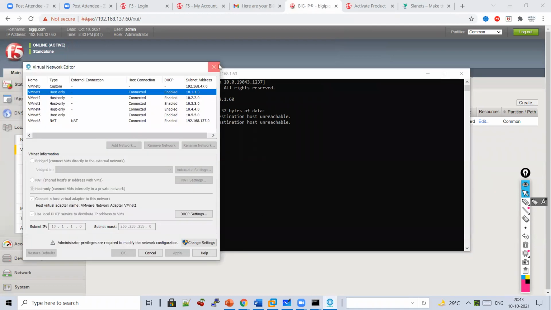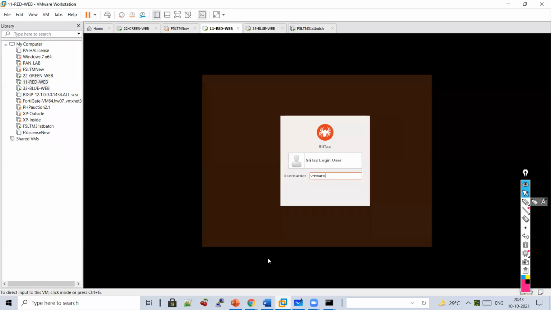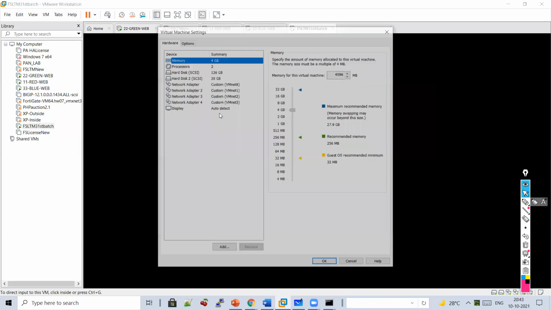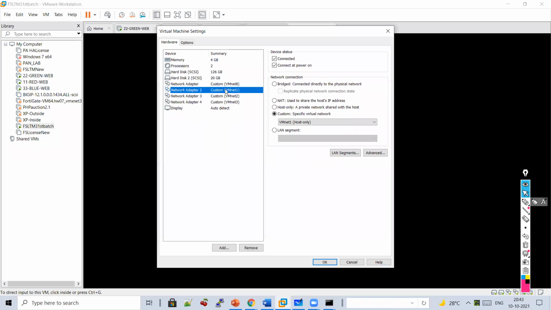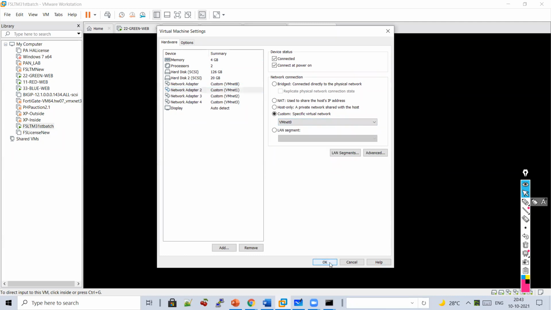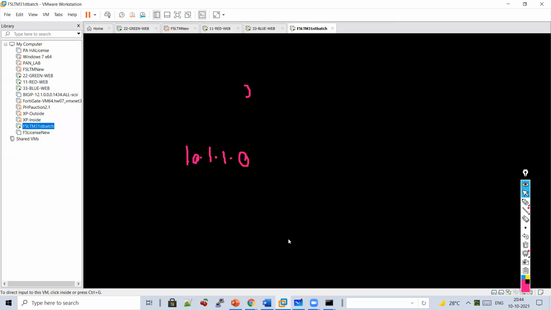Just hold on. VMnet 0, I'm just checking on F5. So this is troubleshooting; you can also face this issue. Yeah, did you get it? There is no VMnet 0. I have assigned the wrong VMnet. So I will assign VMnet 0, because my VMnet 1 is the 10.1.1.0 network, right? It's tagged to the wrong interface. So I'll select OK. Now I will just right click.